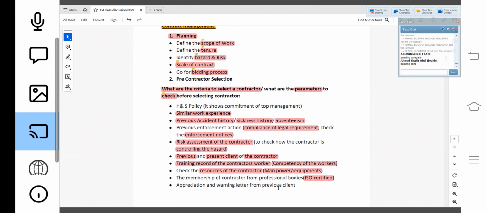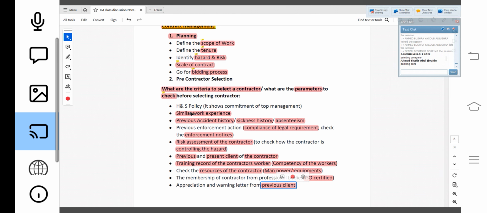I will also check the contractor's appreciation letter or warning letter from the previous client, so that I will understand how they perform. If there is any appreciation letter, then definitely they would have worked properly. Or if there is a warning letter, then that will reflect that this company got a warning letter from the previous client, meaning they were not performing work safely.